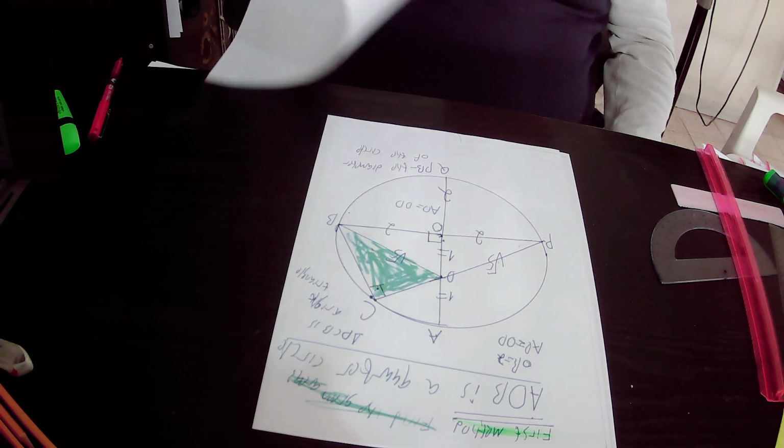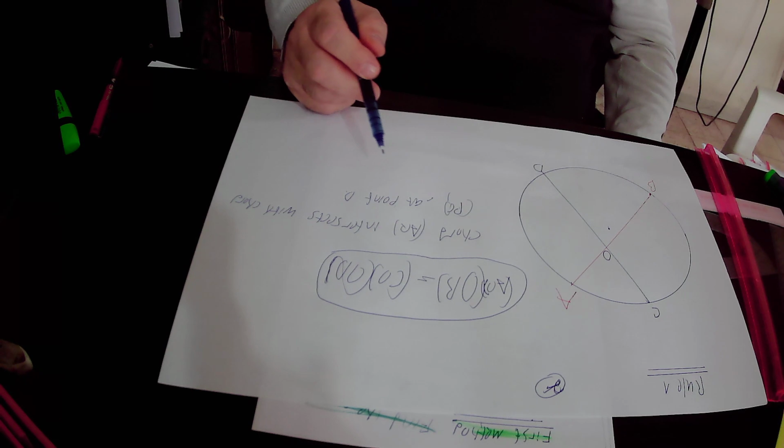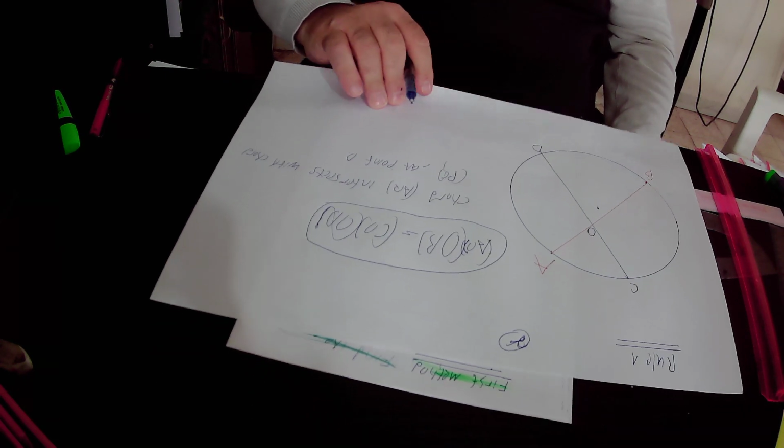I'll repeat again. Chord AQ intersects with chord PC at point D, therefore according to rule number 1,